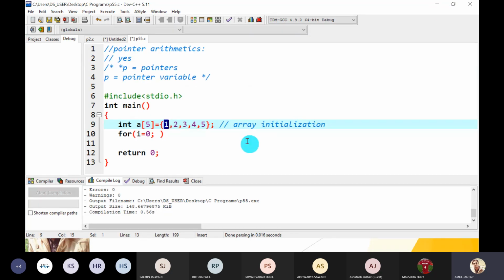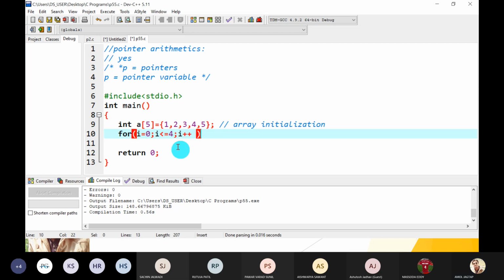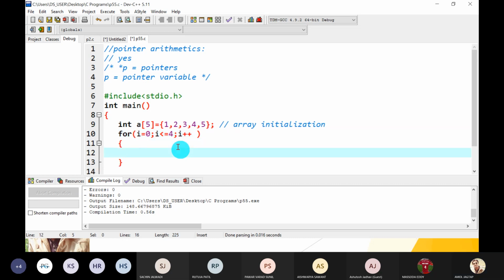Using indices, we have already seen this: i less than or equal to what? The last index is 4. The first index is 0, then 1, 2, 3 and 4. So i less than or equal to 4, i plus plus, and just printf.